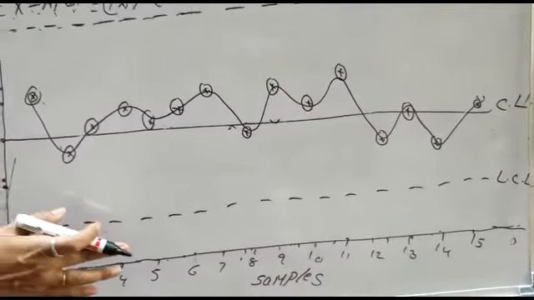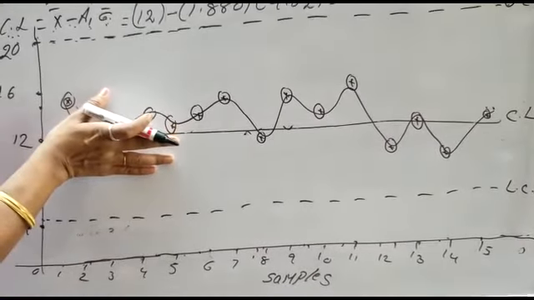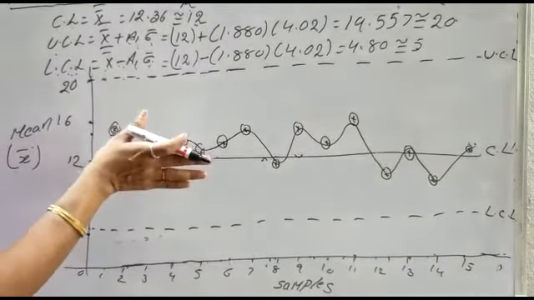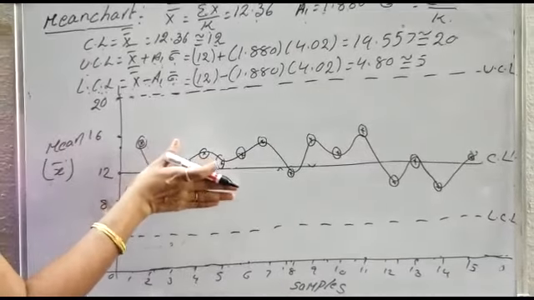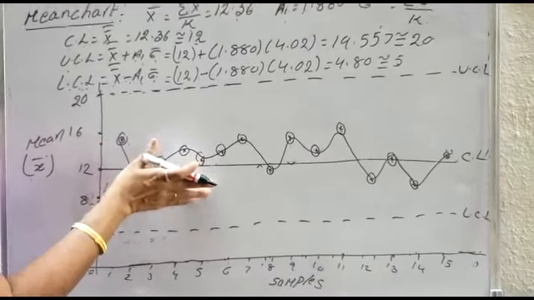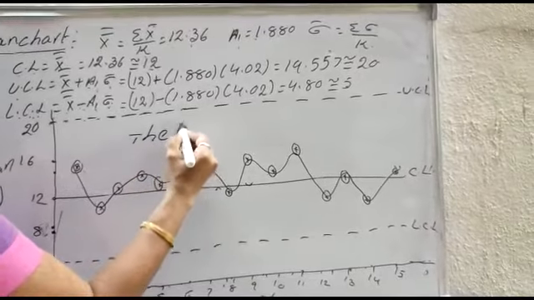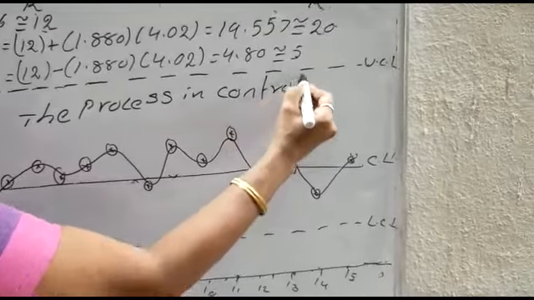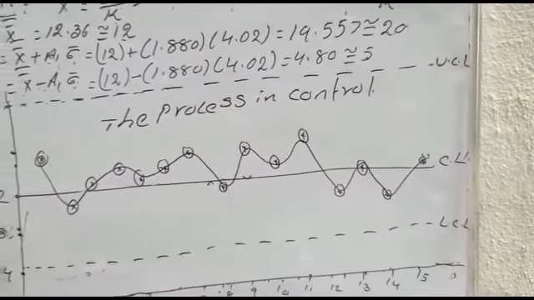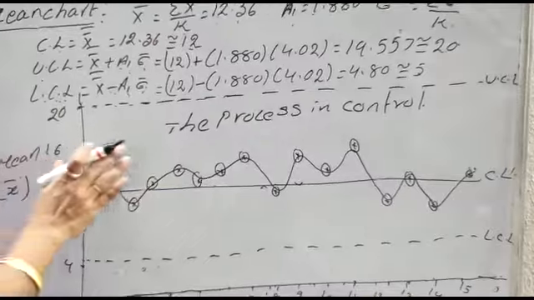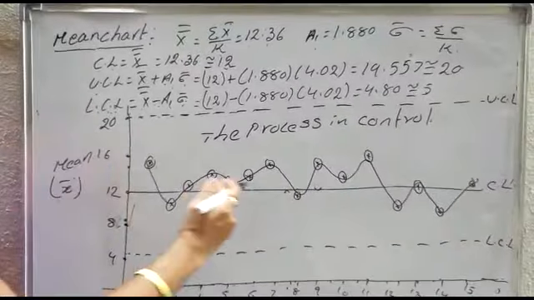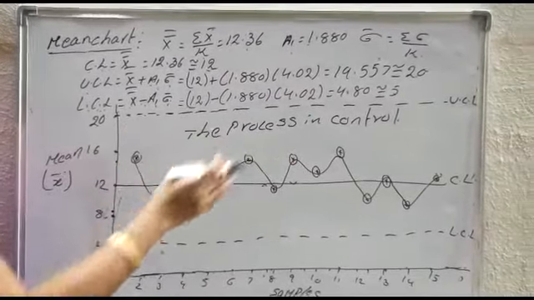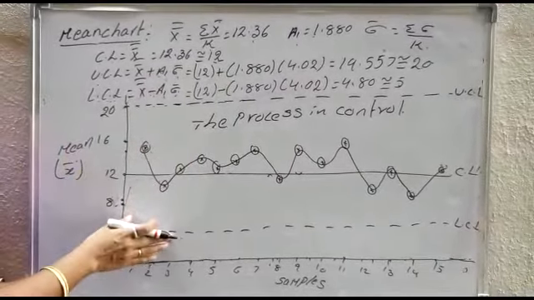Now, all of you observe whether any one of the points goes outside of the UCL or outside of the LCL. According to this problem, out of 15 samples, no point goes out of the given control limits. Therefore, simply you can say that the process is in control. Which process is in control? The mean chart, which finds the average quality of the product in the manufacturing unit. For this problem the process is in control, therefore we can continue the control of the production process. This is the brief description regarding the mean chart.